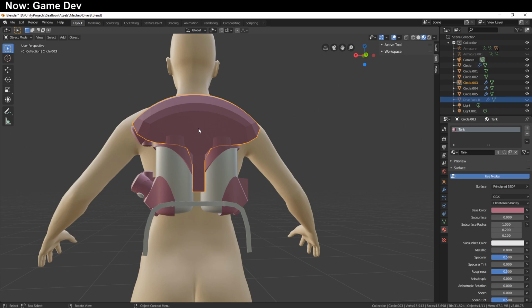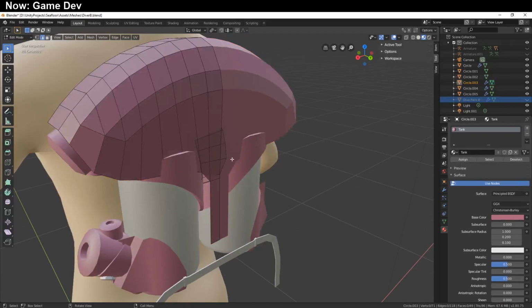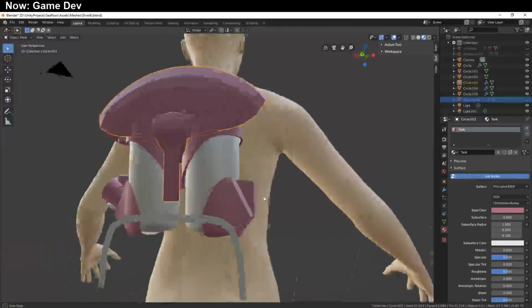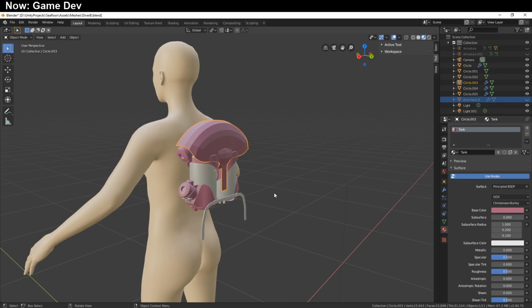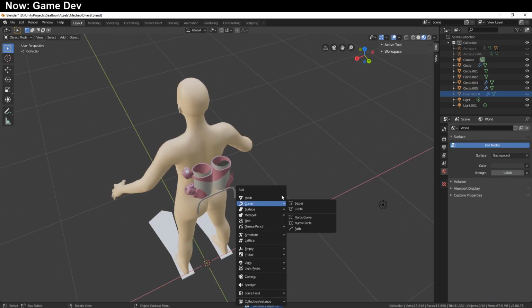So I'm thinking about this centerpiece, and basically I don't want it to feel too much like, I don't know, a diaper. So I'm thinking about the shapes that I want to use in this piece, and first off, so maybe I will try some Boolean stuff. Let's go ahead and try some Boolean stuff. So let's delete that. And then we'll add in...